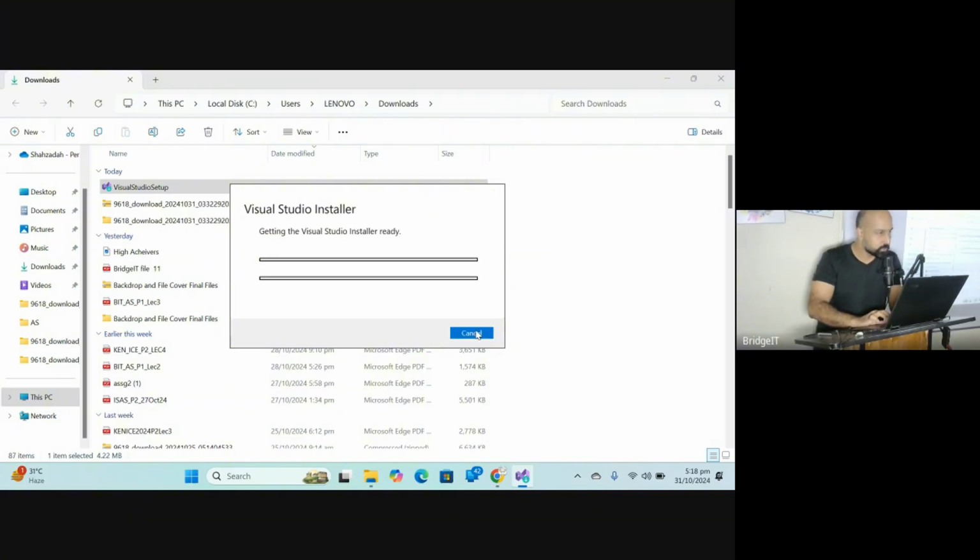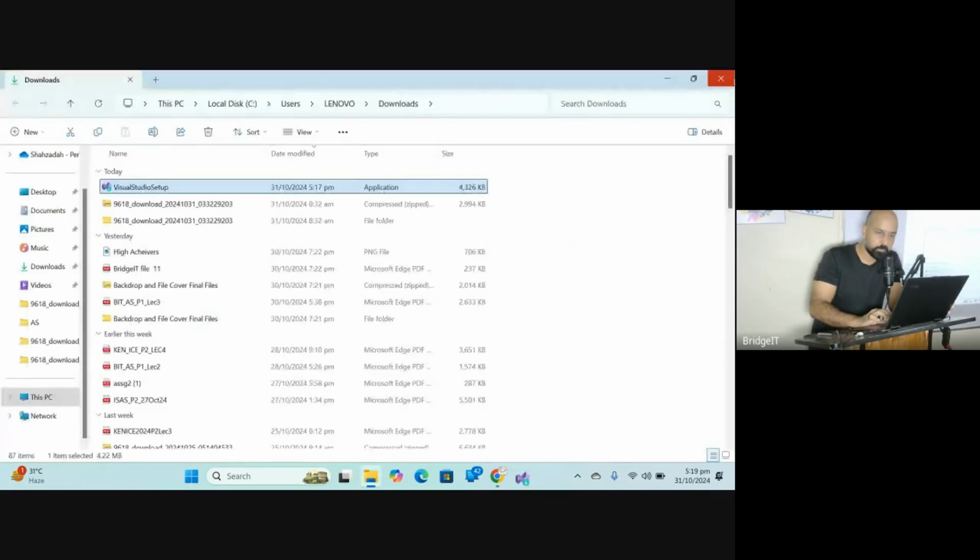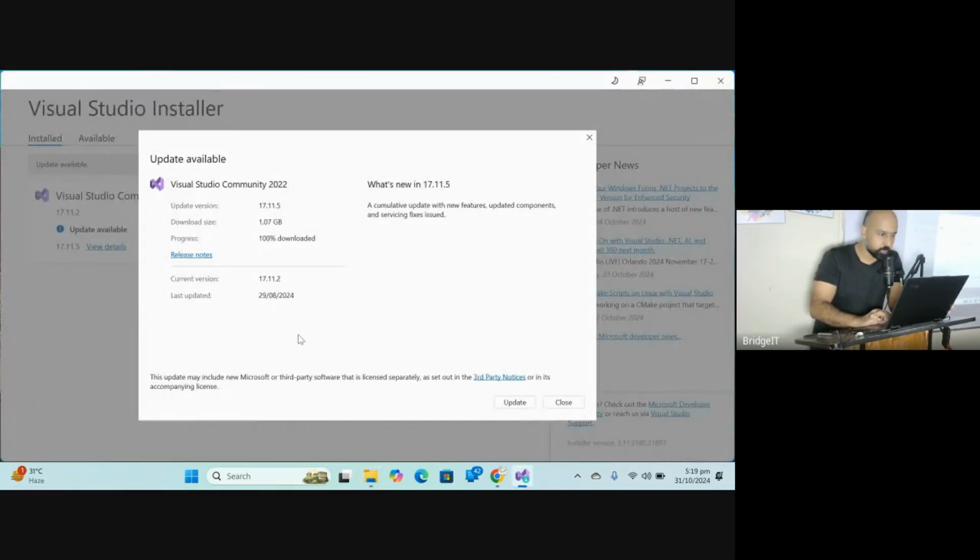Continue. Can you all see this? It is going to take some time to download. Maybe at your end, it will take a bit more time. It's about to launch, this Visual Studio installer. It's taking some time. Yes, we are in no hurry. Okay, so there it is. If you are installing it for the very first time, you might find the button Next here, because I have installed it previously already. Visual Studio is in my system.